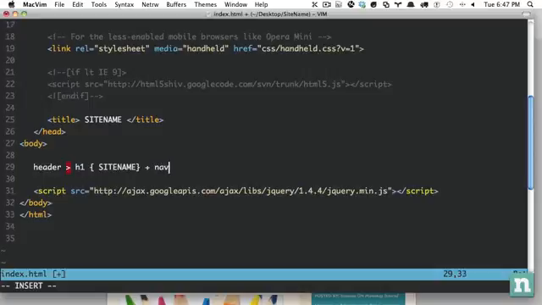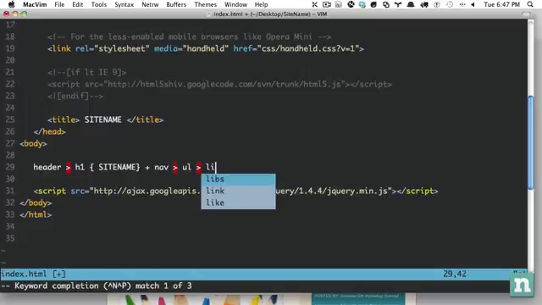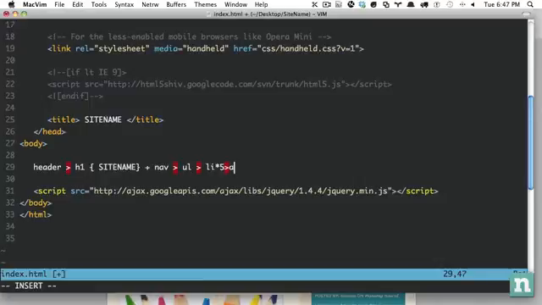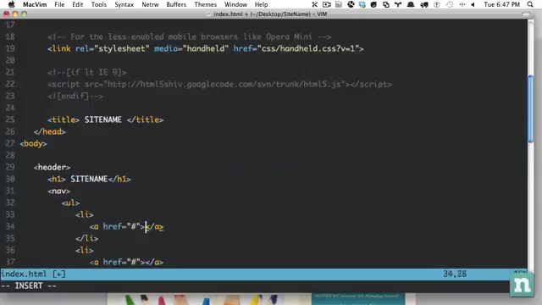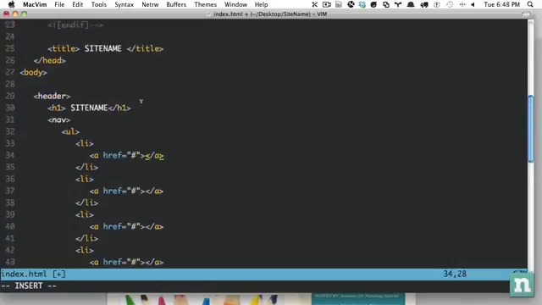So I'm going to use the new HTML5 element nav. And nav is going to contain an unordered list, and this unordered list will have, let's see how many list items, 5 list items. So I'm going to do times 5, and each list item will have an anchor tag. And the href, we're not building a full website, so the hrefs will just go to the pound sign. And now we need to give a value to each one. And you know what? I'll keep it like that. So you'll see that SparkUp will create all of this markup for me. Very helpful. So we need home, about, portfolio, blog, contact. Home, about, portfolio,